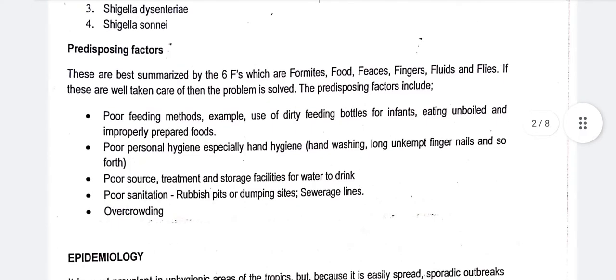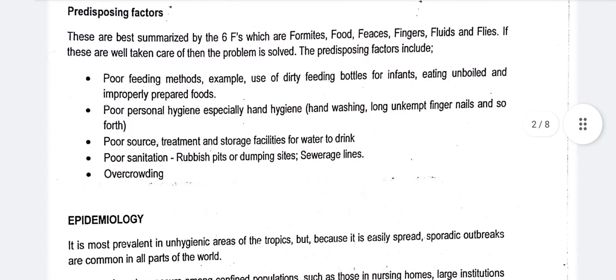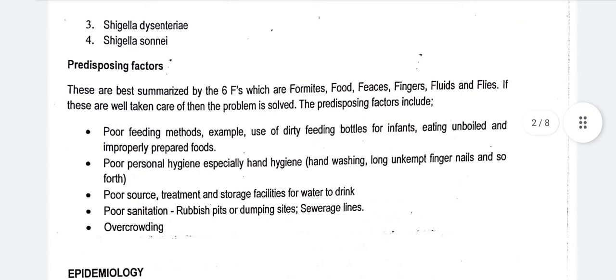Predisposing factors. The question is, what is the difference between a predisposing factor and a cause? A predisposing factor would put someone at risk of developing a condition, not so much a direct cause. Then a cause is direct. So predisposing factors are abbreviated by 6 F's. The first F